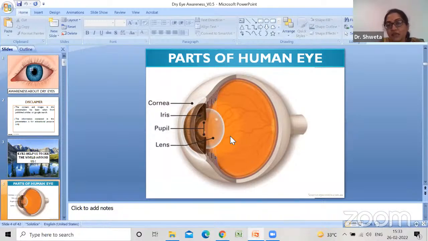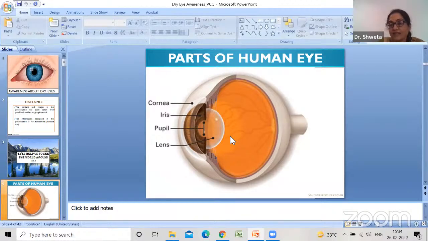It has three coats mainly. The white part, which is called the sclera, and in the front of the eye, this gets converted into the black circular portion called the cornea. Inside it is something called the iris, which gives the brown color or the color of the eyes. In the center of the iris is something called the pupil, which